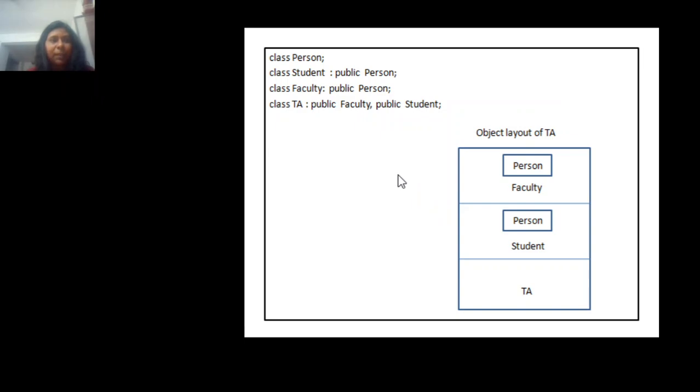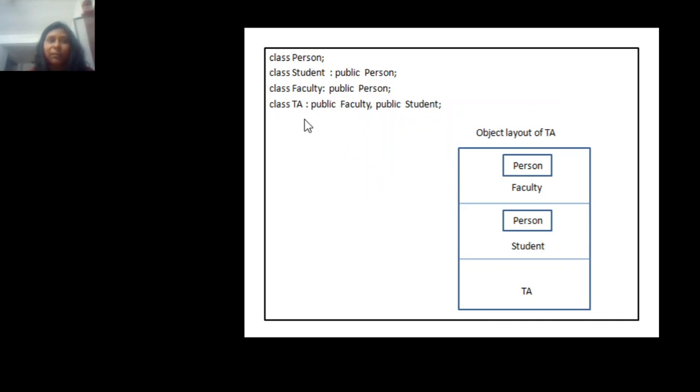So what is happening when we are constructing a TA object? What we have learned is that whenever we create a derived object, it consists of an instance of the base class. We all know this; we have discussed these things.